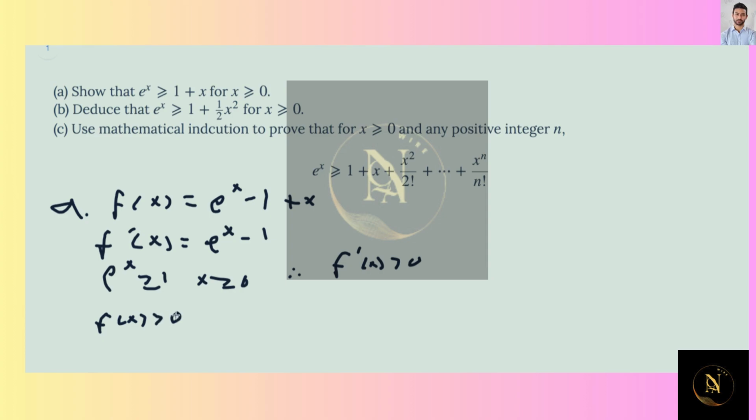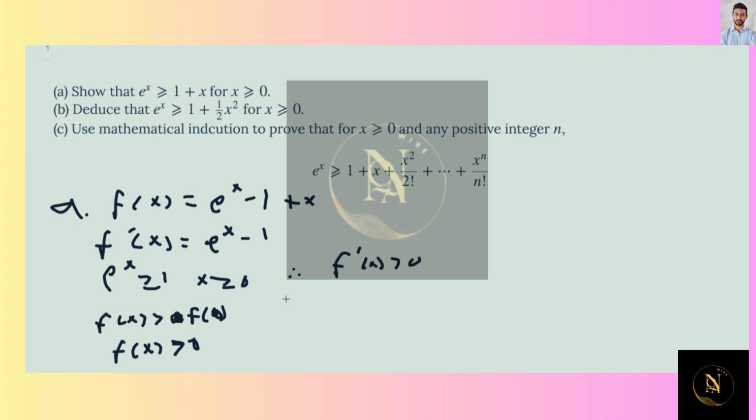It's not necessarily positive, but it's greater than f of 0 because f of 0 is the minimum point. So we know that f of x, for all x greater than 0, is greater than f of 0, and f of 0 is 0. Oh, f of 0 is, yeah. And so